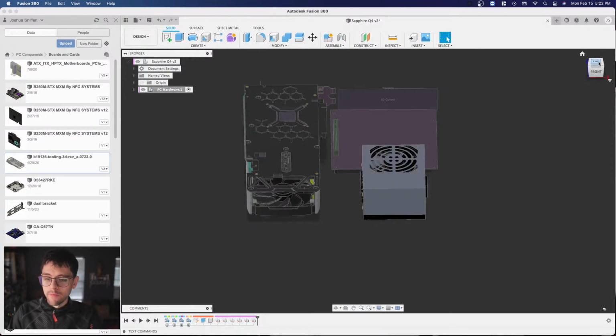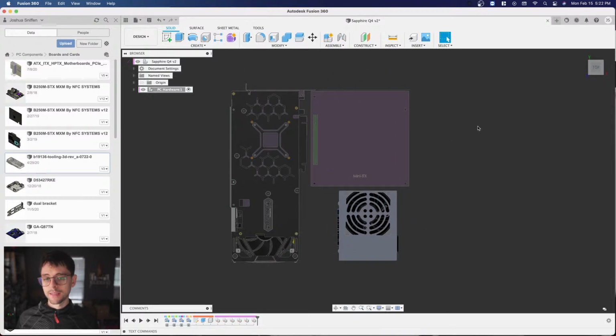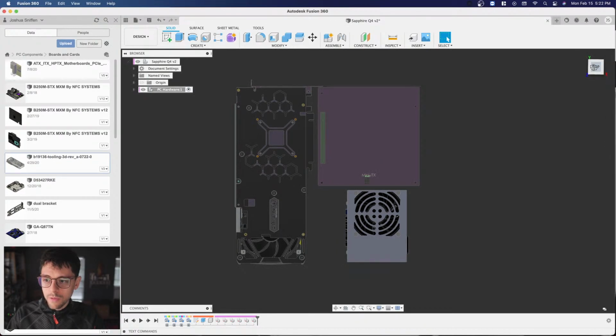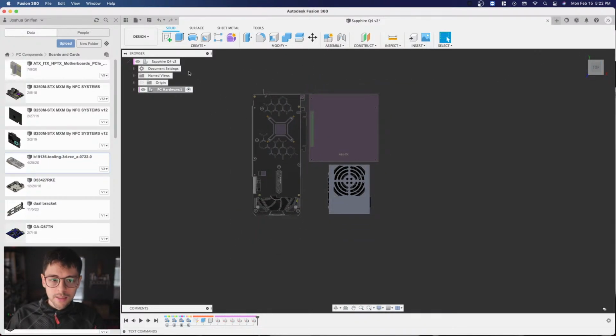We are going to actually make the very first part of our case. It's going to be a very simple case, basically a 2-piece design for the main frame. And then I'm going to add things later to it, like a side window, a stand. I don't know. We're going to have to dress it up. It has to be cool after all. But we're going to start with a simple 2-piece clamshell design, which I found is the very best way to cheaply get this computer case made and have it go together easily and simply in your own apartment without special tools. So to do that, I'm going to create a sketch